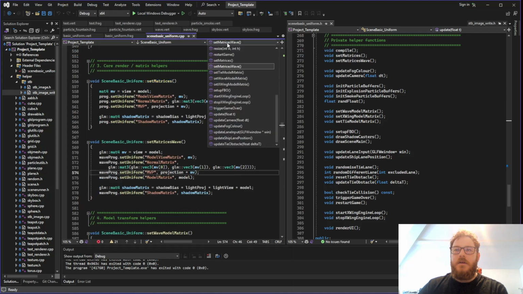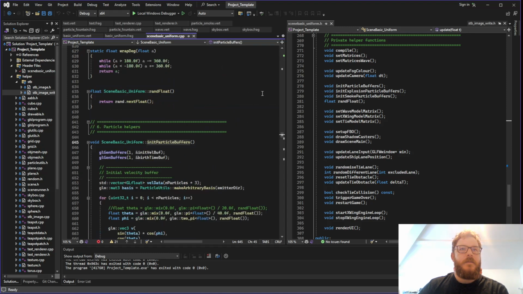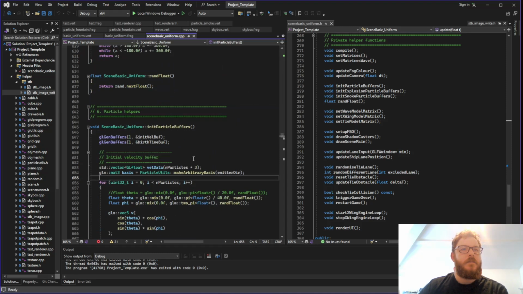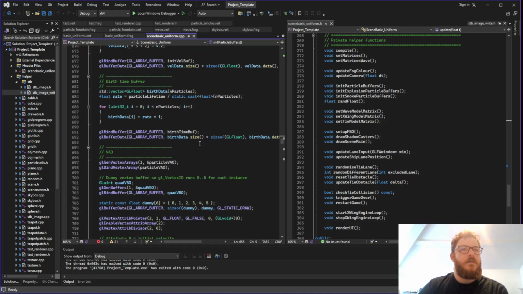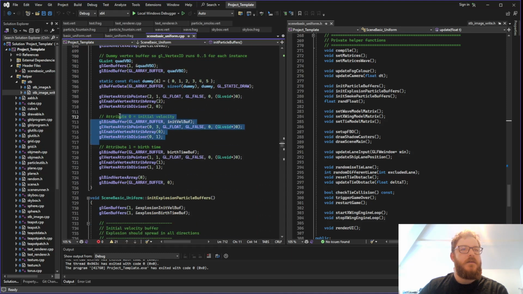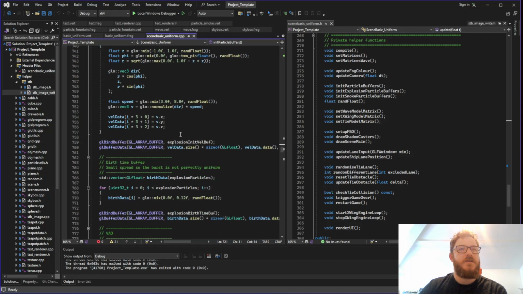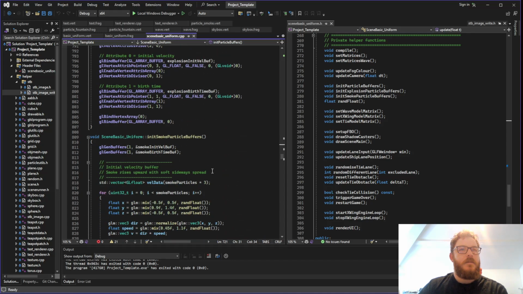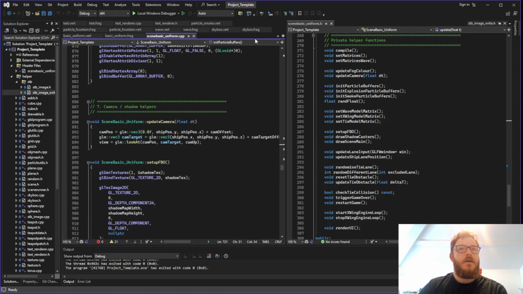For the buffers, we have our particle helpers here. We've got init particle buffers with our birth time, VAO, and different types of buffers. We've got the same thing for our explosions and our smoke. After the particles, we have our